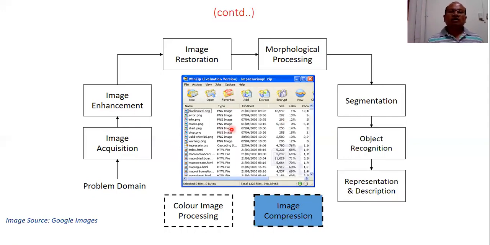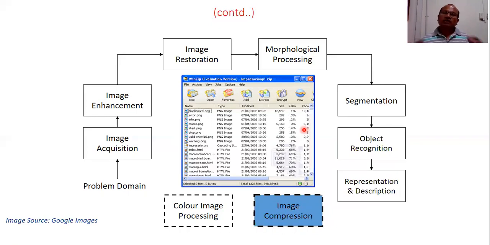Next one is image compression. In the center there is one page. You can see that there are .png images, and the images are compressed from their original size, and after compression the size becomes less, so it's not visible properly. But image compression is not a difficult task, but an important component. Why? Image compression is a method or technique which is used to compress the image. Why is there a need to compress?